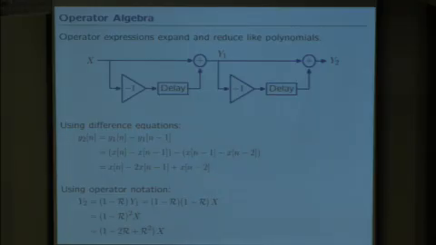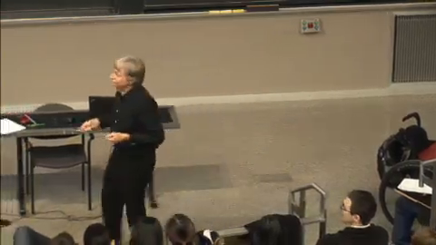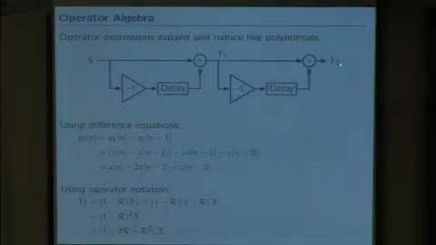Now, if we think about that same sequence of operations in operator notation, we get a much simpler expression. Throw away the index arithmetic. It's just r. So the y2 signal is 1 minus r applied to the y1 signal. The y1 signal is 1 minus r applied to the x signal. The total is 1 minus r, the operator squared, which by polynomial math is just 1 minus 2r plus r squared, the same thing we got there.